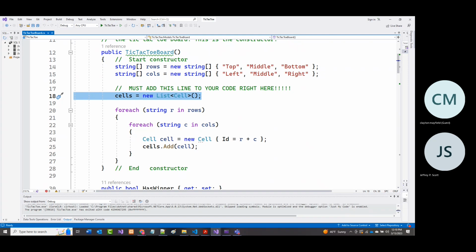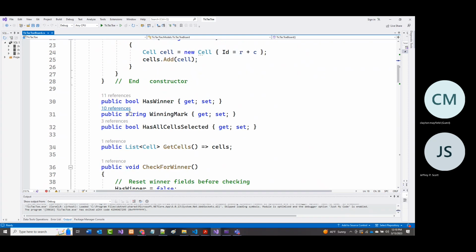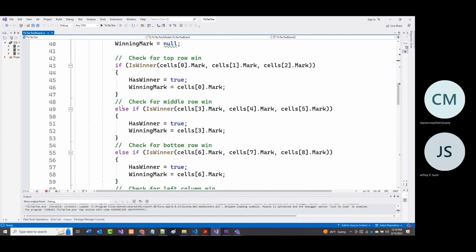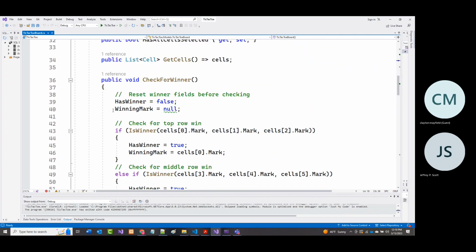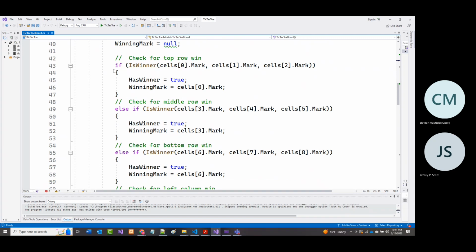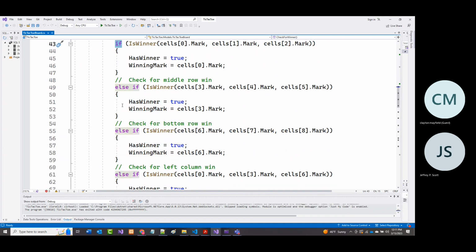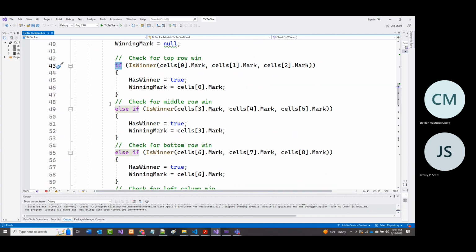All right, then next, and as I work my way through here, please take a look at this, because it's possible. There's two things. First of all, I've got an if there. I made all these ifs. These should have all been else ifs. Everything that's in there should have been an else if after the first one. So you can change all the ifs after the first if. So starting with middle row win and going down to right center, left diagonal, make all of those else ifs.